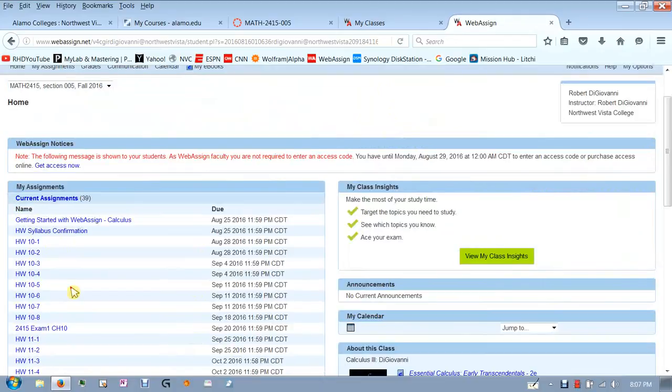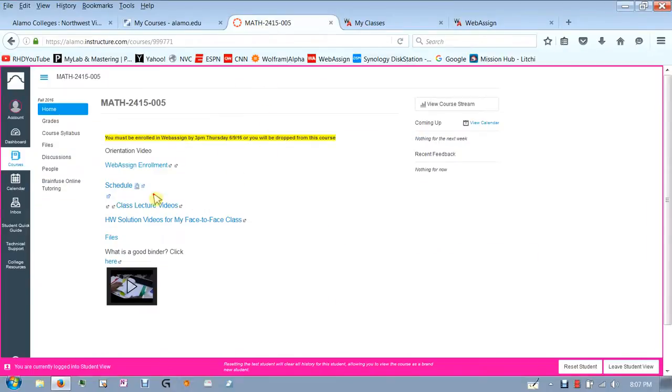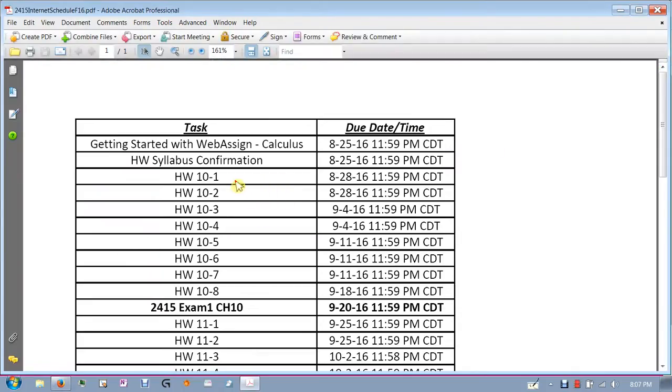So how are you going to learn in this course? Well, here's the way it's going to go. This is where you come to do your homework, but you actually haven't learned anything yet. So I'm going to go back to our main Canvas page. So here it is. And the schedule that you can print out, I'm going to go ahead and download it, shows you the same thing we just looked at, what's due and what the task is, and then what the due dates are,